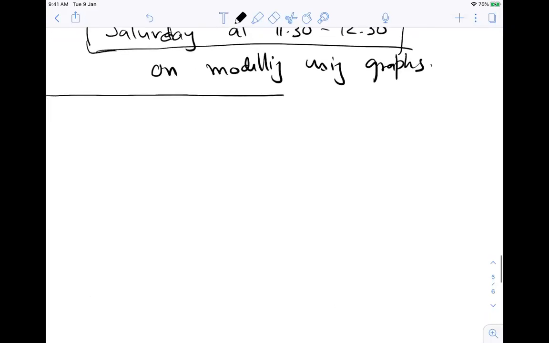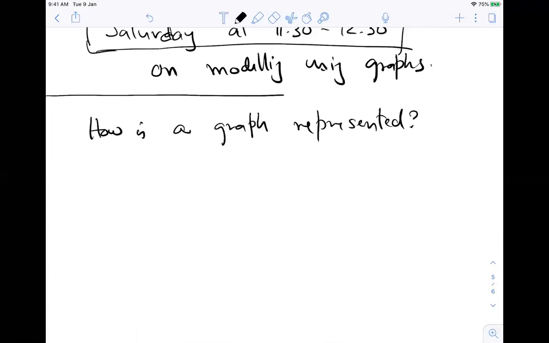I have drawn a picture, but how do you represent a graph? Of course, you can represent it as a set, but there are two major ways of representing a graph. This is something we will need, because we are talking about algorithms, so it's very important how the graph input is given.